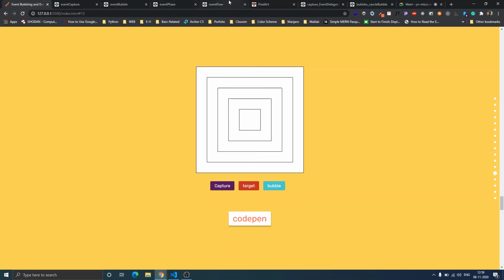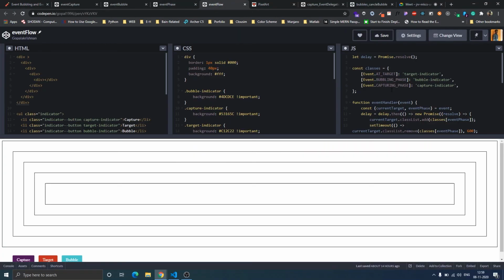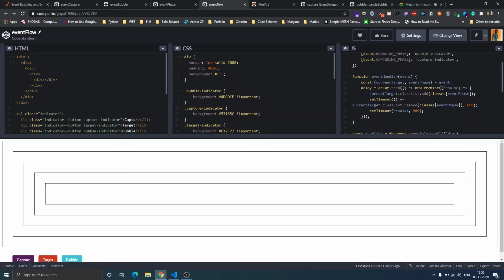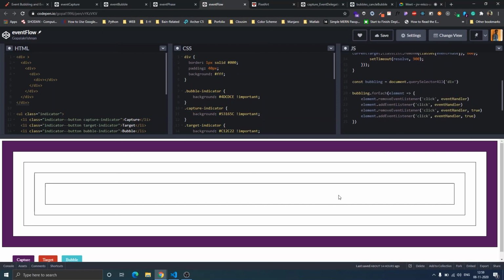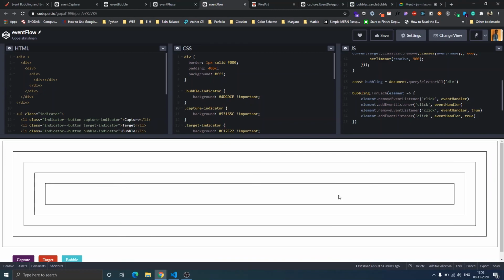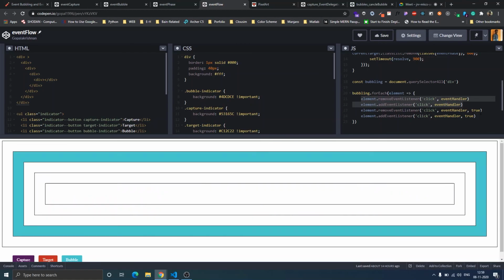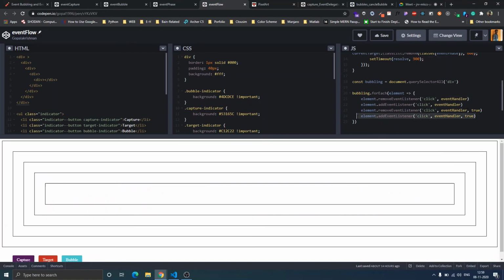Now the code: in an object, I made an entry for event target, where I added a class, and for bubble, these are the colors to indicate that. While adding a class, I pick this value based on the event phase. So we can clearly see how event phase and bubbling are happening and in which order. Even though I added event bubbling before event capture, it first executes the event capture.